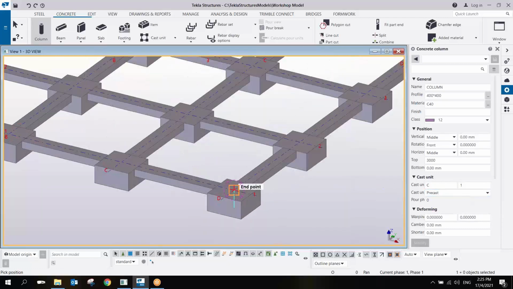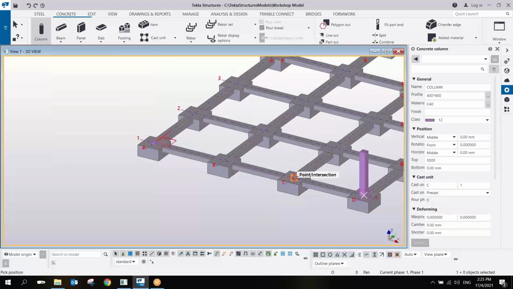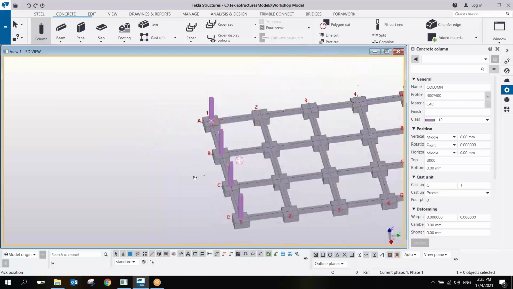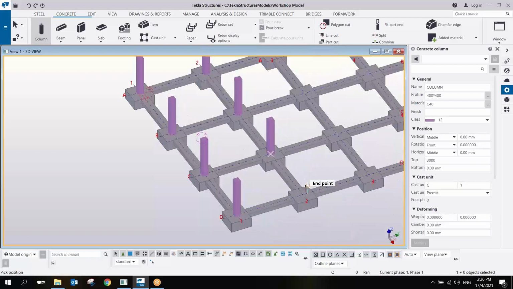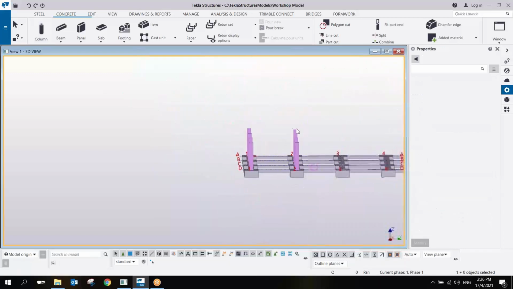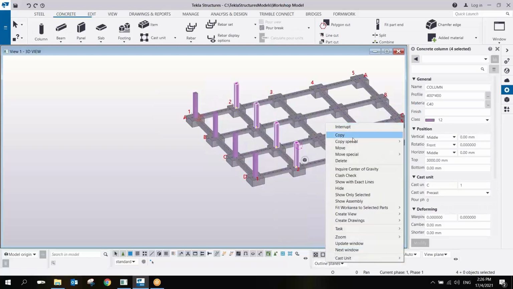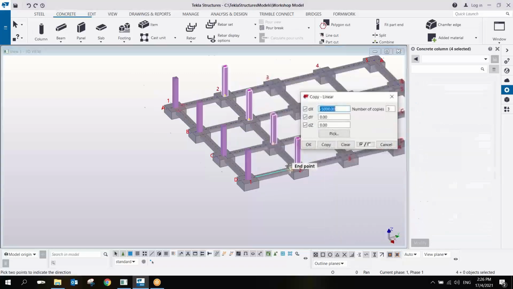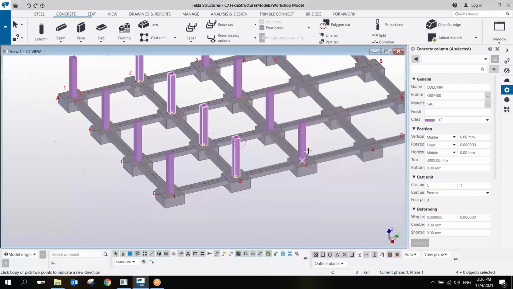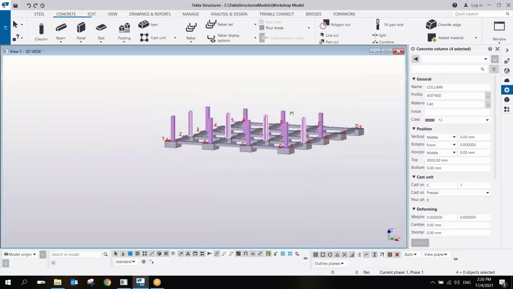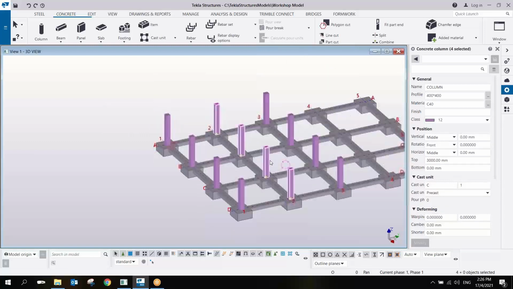So I can choose this one, select 1, 2, 3, 4. Okay, so if I continue with this one, 1, 2, 3, 4, or I can just simply select this and then copy linear again. So pick from this point to this point. Maybe I copy as 1. All right, so that one is for the steel. And then